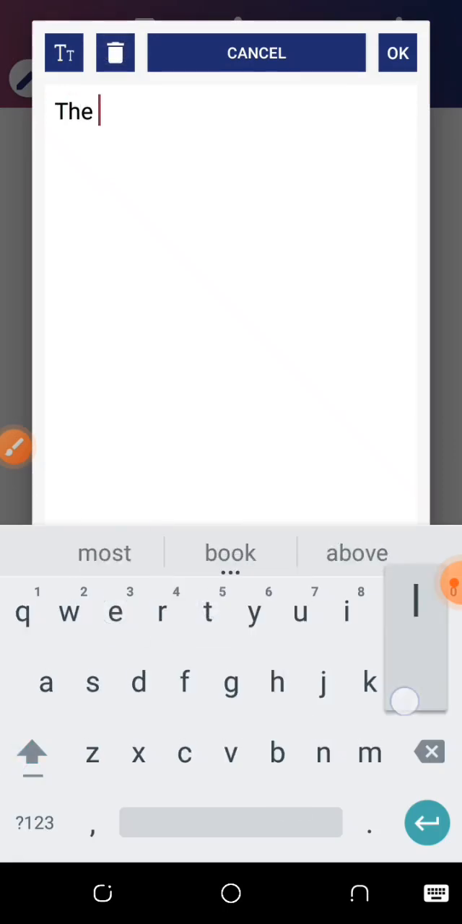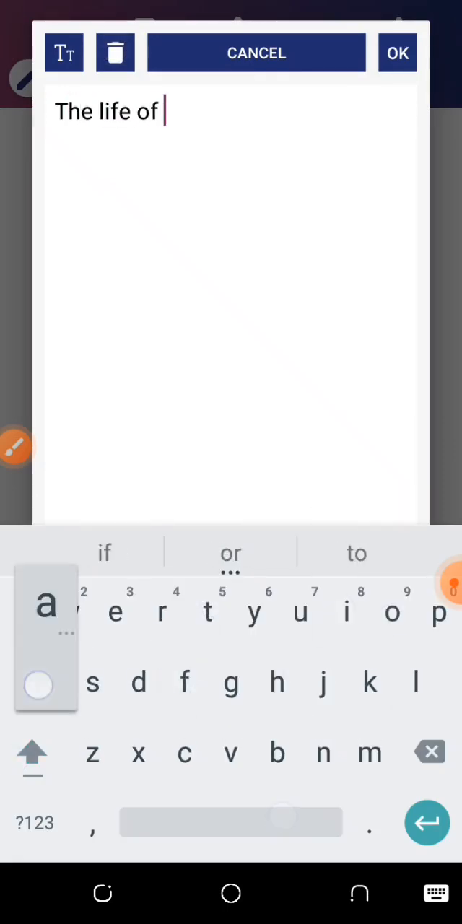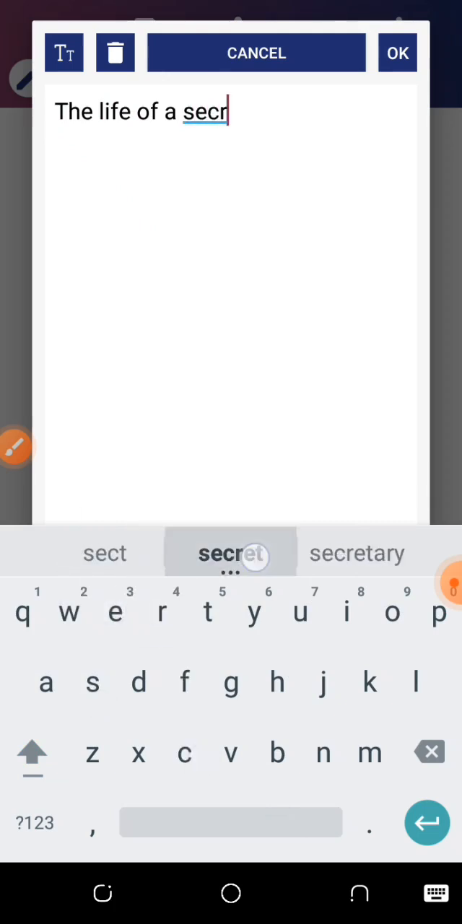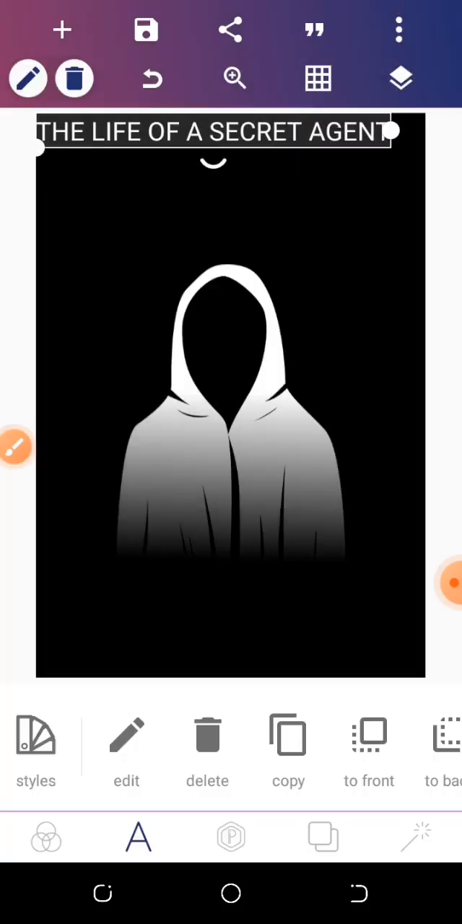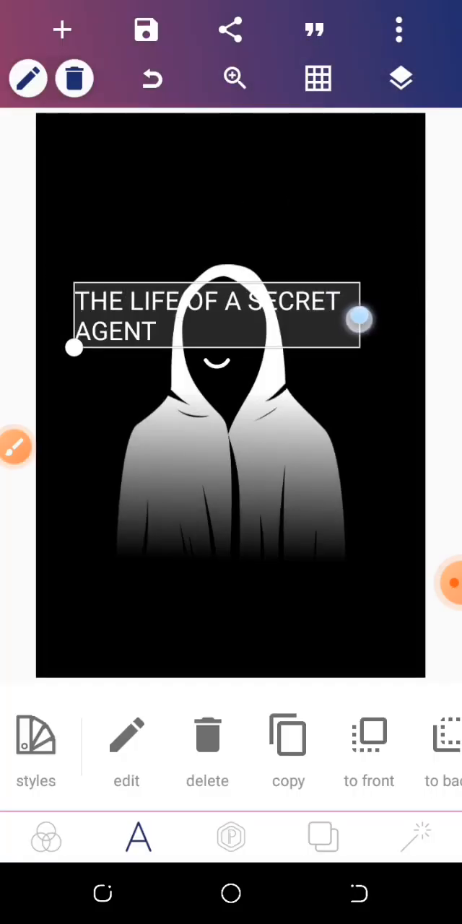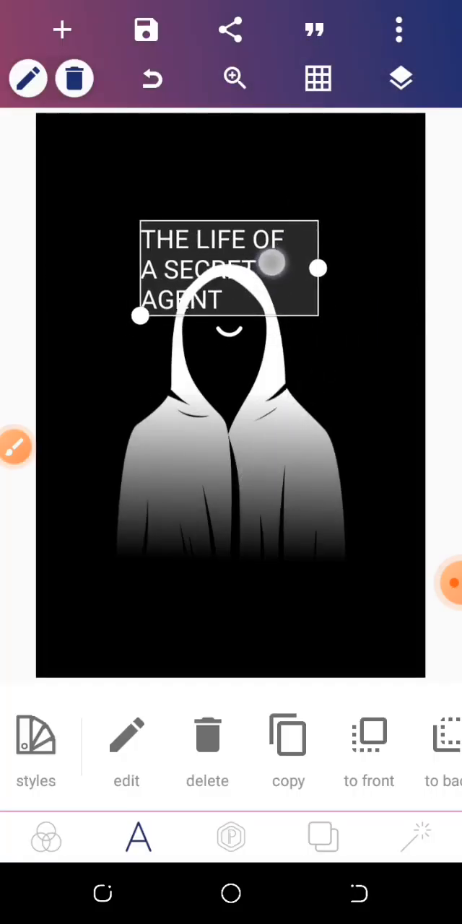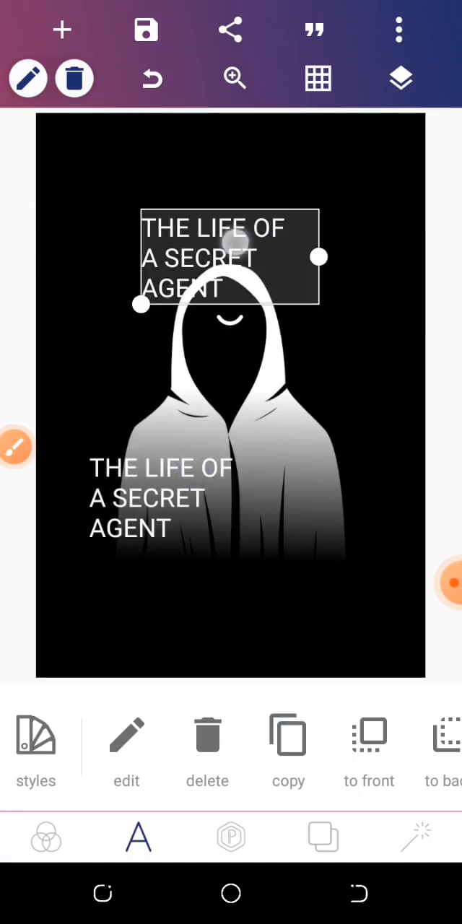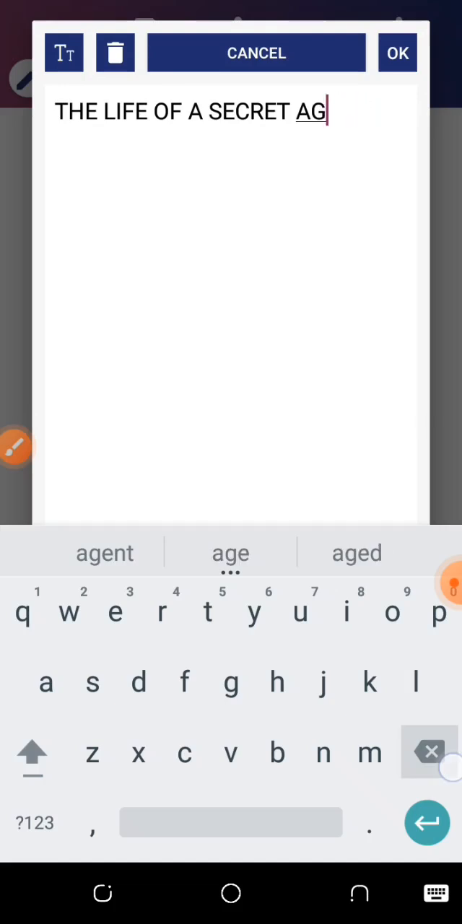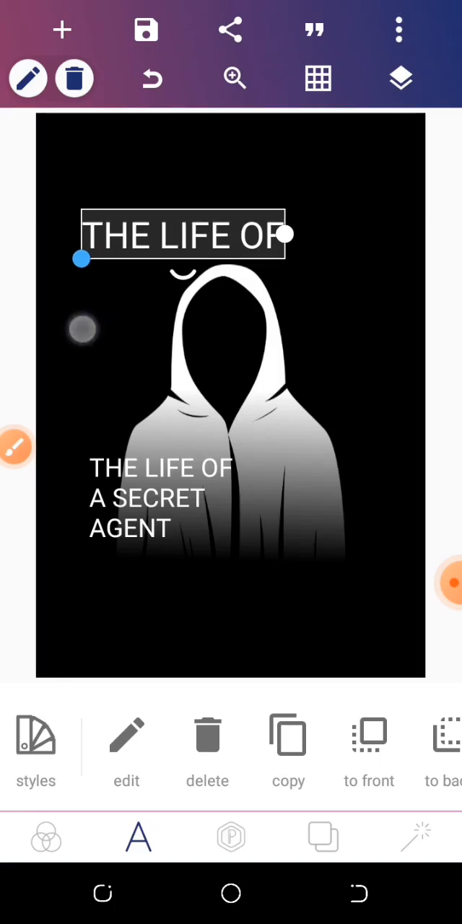We have the life of our secret agent, and we centralize everything. Click on OK, bring this and copy, edit this and delete everything here to the life of. Click on OK, increase the size of this,